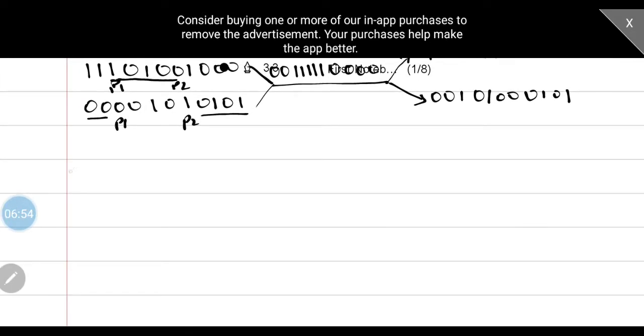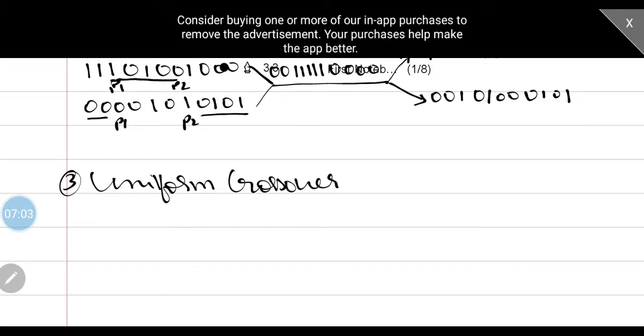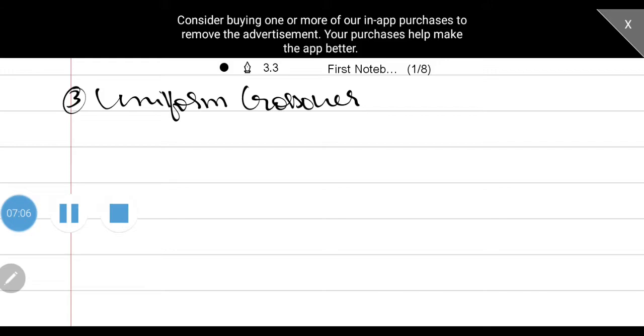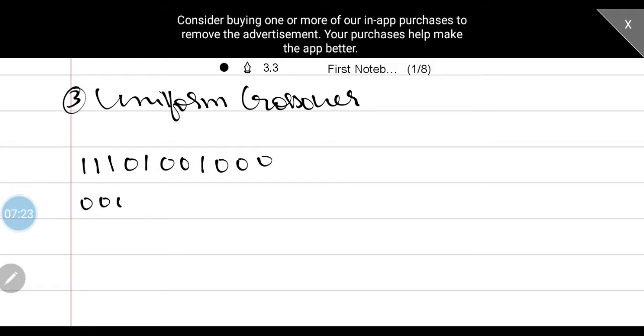The third one we have is uniform crossover. Here the points are generated randomly for reference and then the mask is generated. So we'll write down the strings again. 111 01 001 3 zeros. Then 4 zeros 10 10 101.